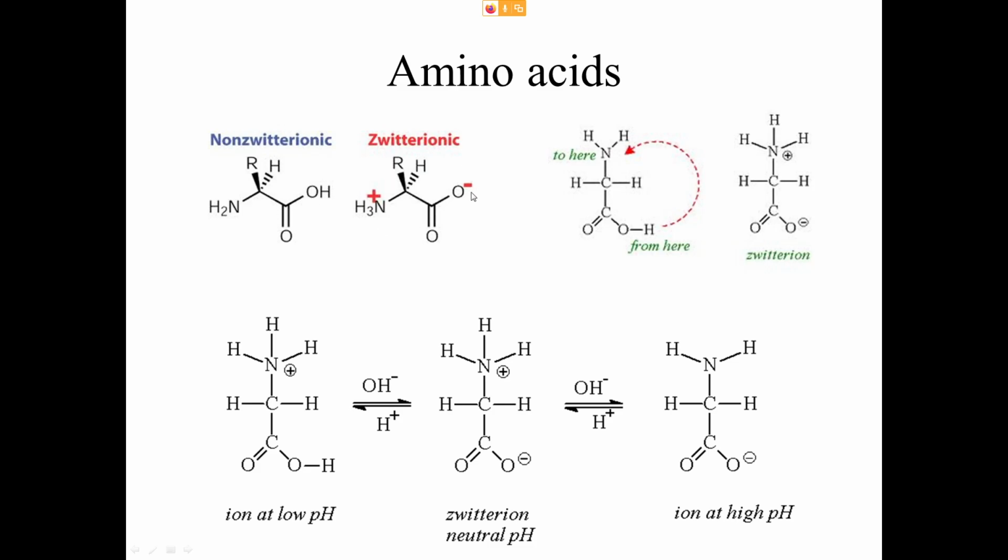The extra proton from here is now over here. That's why it says H3 instead of H2. Right? And this is called the Zwitterionic form. Right? So it has both charges in the same molecule. Overall, it's still neutral, but it does have a separation of charges now. Right? And of course,